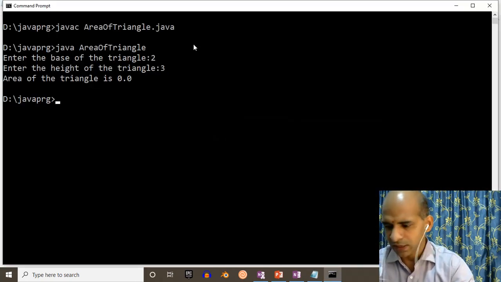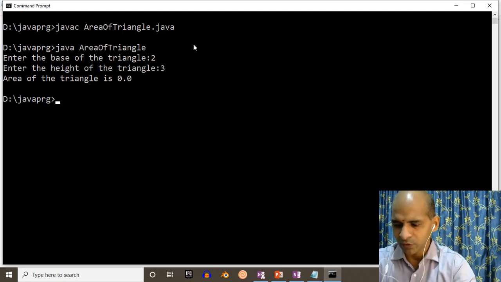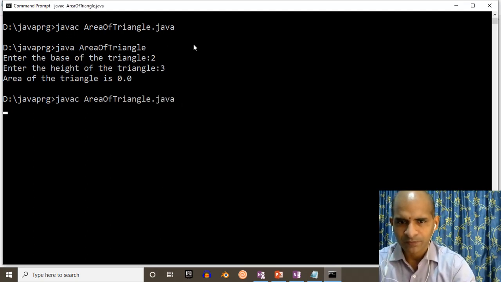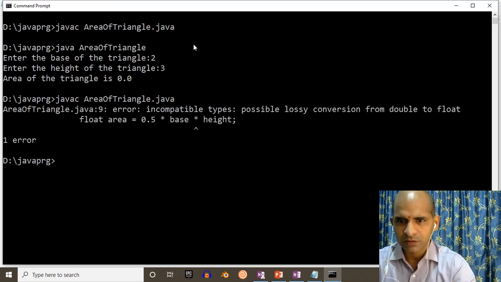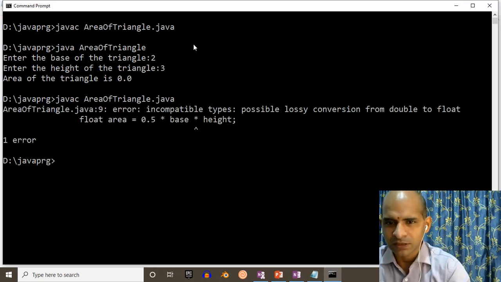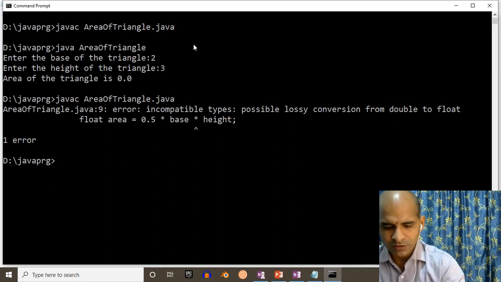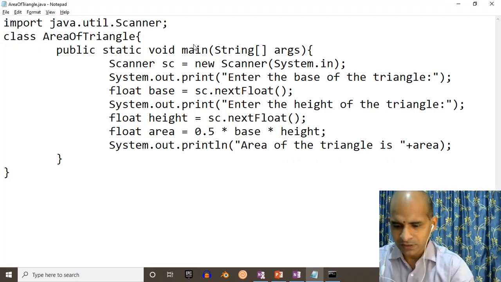Now once again I have to compile the program. So just use the upward arrow out of the 4 arrow keys on your keyboard, and you will get the previous commands you have applied on the prompt. Now again you are getting an error, possible lossy conversion. So you have to make this one 0.5f as float.